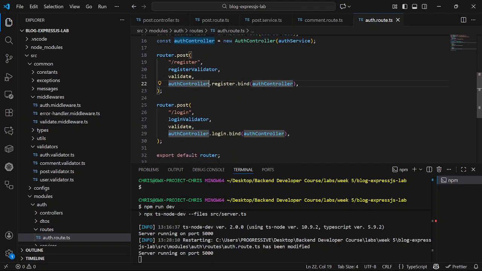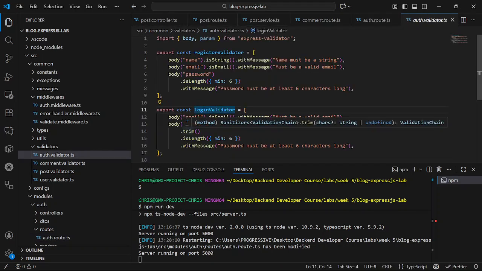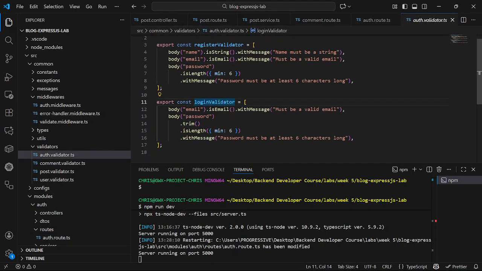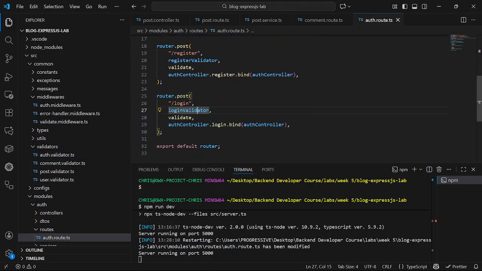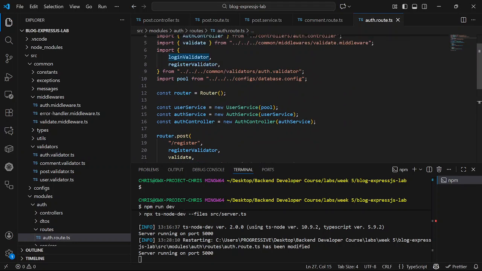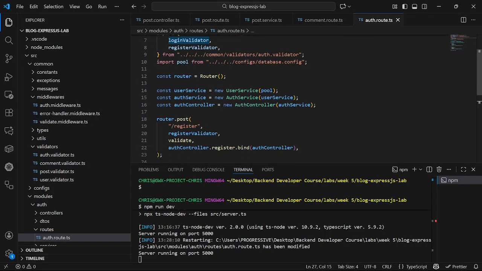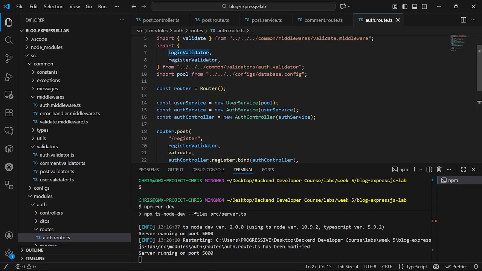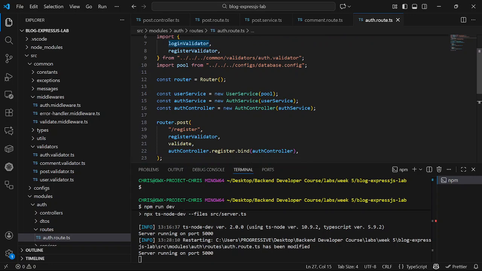So basically the same thing happens here. If we go to the login validator, it's the same logic and everything, to check if there's an error, it will throw you an error, right? So that's basically what we have in the router, in the authentication route file. Then the service and the auth controller methods that we import, we just need